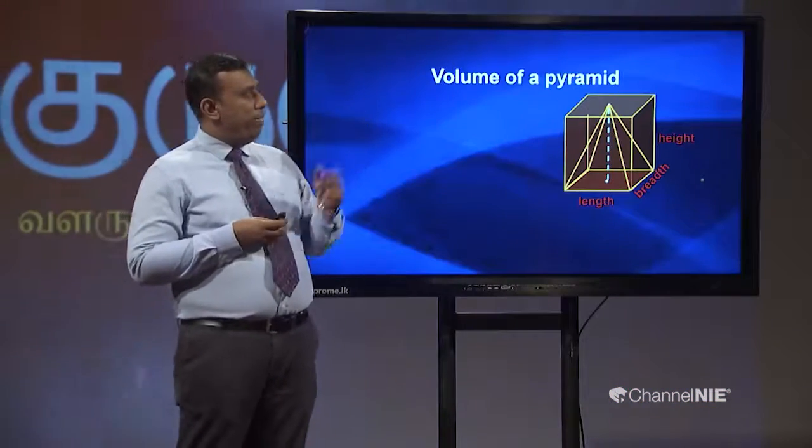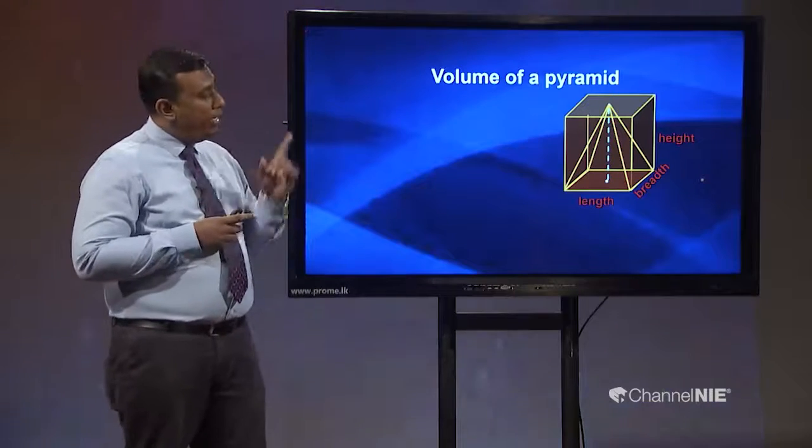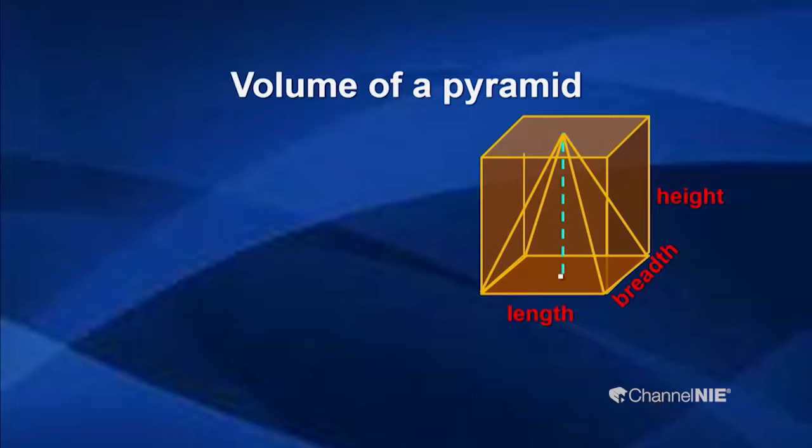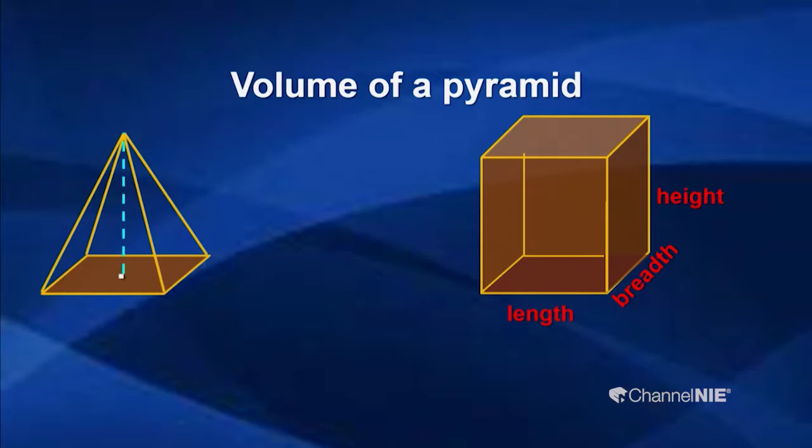Okay, then the next important one is the volume of a pyramid, right? Keep in mind that it is not a uniform object, but when you are finding the volume of this object, the pyramid, we use a uniform object. That practical part you can do in your school also, right? Then you can see the pyramid and cuboid here. The pyramid is placed in the cuboid, and we can take the pyramid part separately.